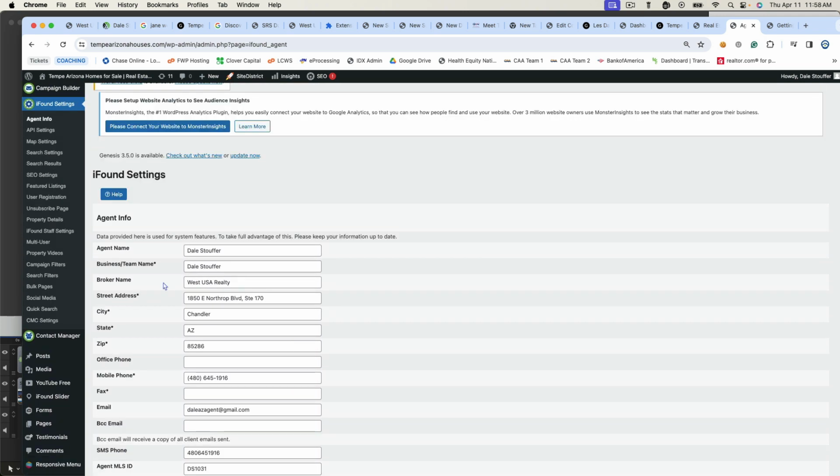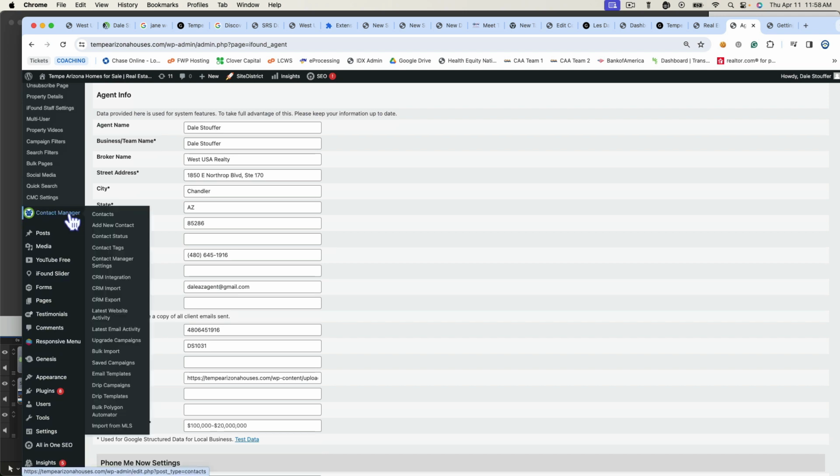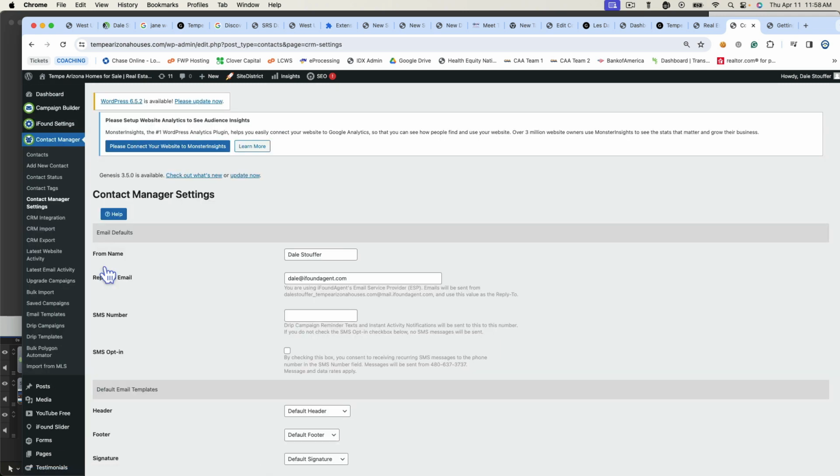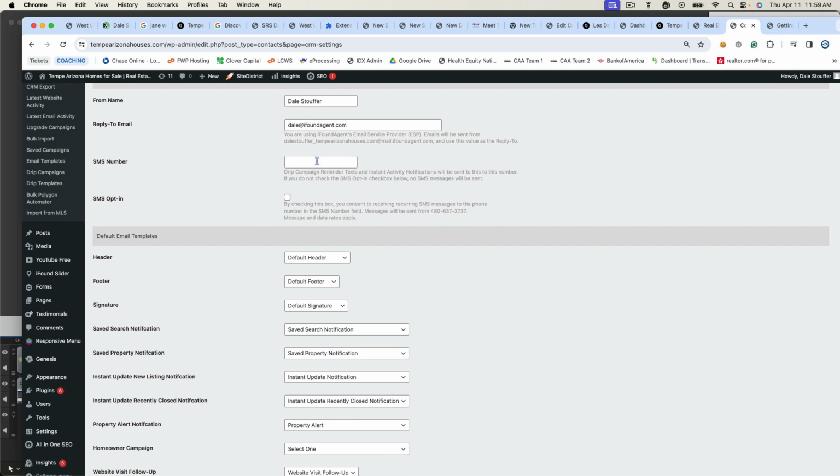The next thing to do is go down to where it says Contact Manager and mouse over that, and you'll notice Contact Manager Settings. Click Contact Manager Settings, and again, you'll come to a screen that looks like this. Typically your name and email should be in here already. What you want to do for MSS number is put in your cell phone number